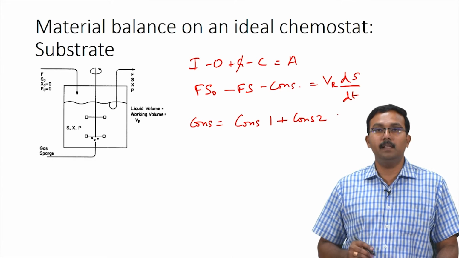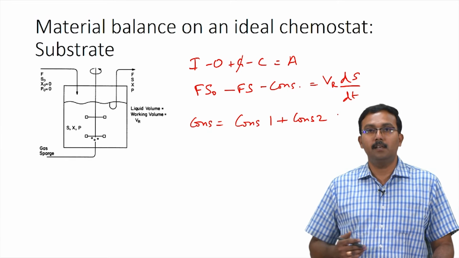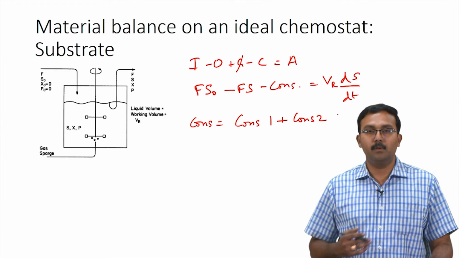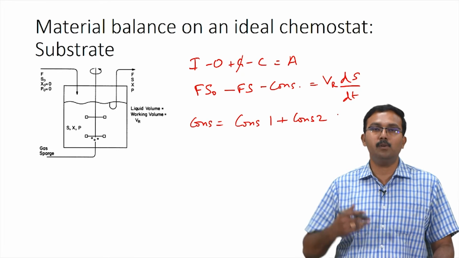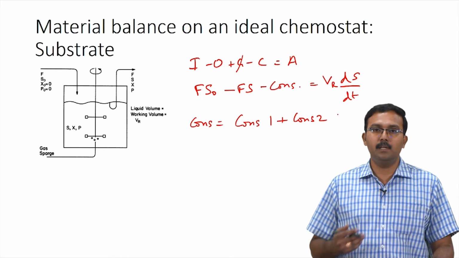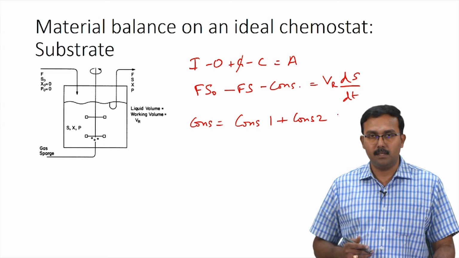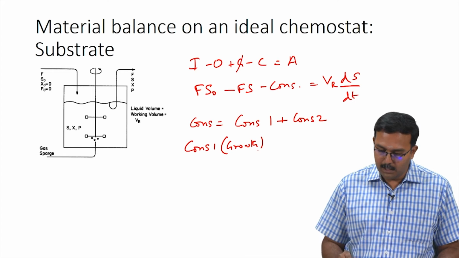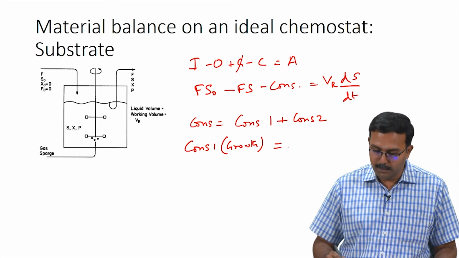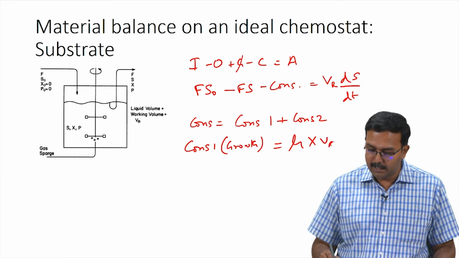Consumption 1 would be the consumption of substrate for the cells to grow. So, that would be the growth associated substrate consumption. In addition, you can also have product formation, which could result in consumption of substrates. So, consumption 1, which is associated with the growth of the cells, would be given as mu x Vr divided